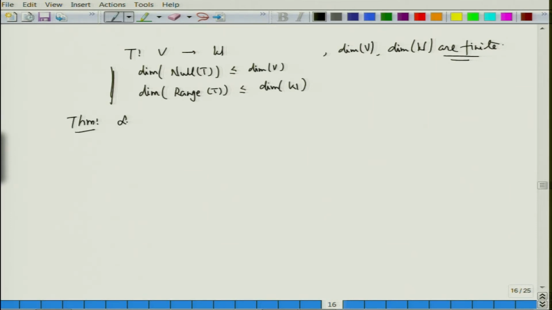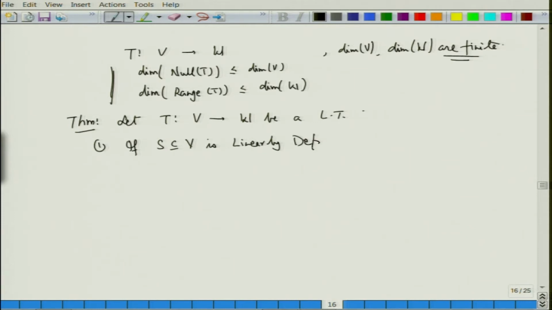So let T from V to W be a linear transformation. V and W are vector spaces, fine. I will take them to be finite dimensional once and for all, always finite dimensional, and they are vector spaces over the same scalar set. Is that okay? Then what happens is, the first thing, if S is a subset of V